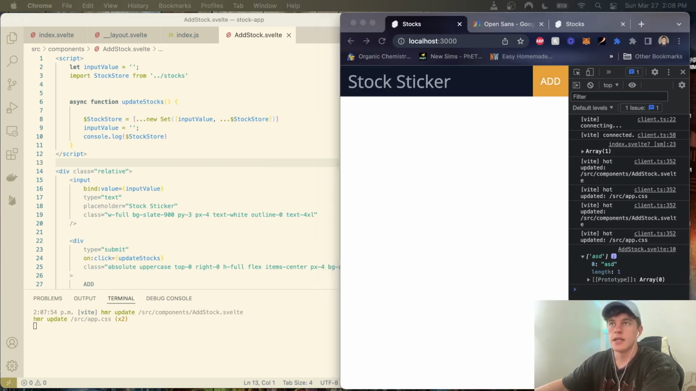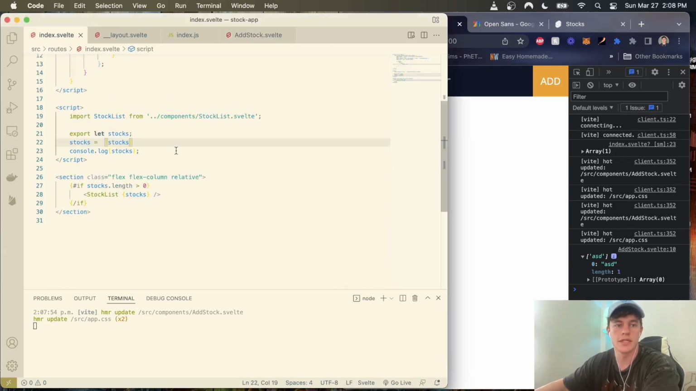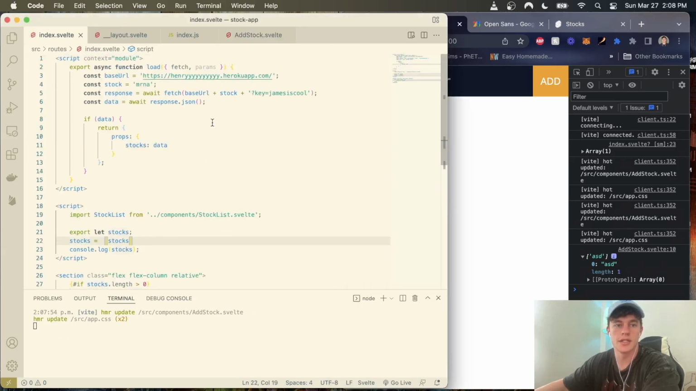So now that our store element is working, that's actually everything we need to do on this particular page. What we're going to do is come into our index page and just interact with it a little bit here. And so if we go into source, routes, index,